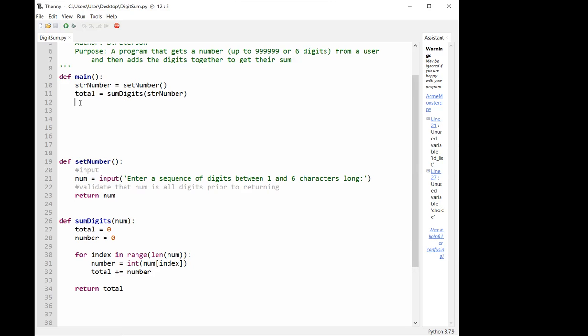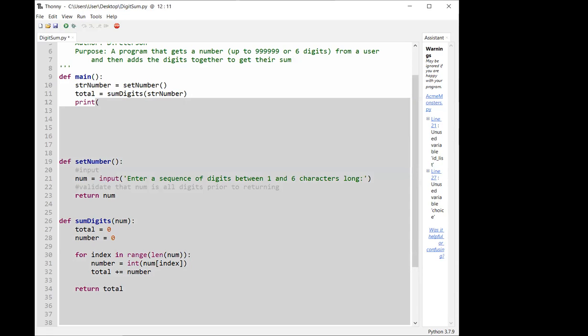And then I need to come back up here and print something pretty. And again, you can format this however you want, using